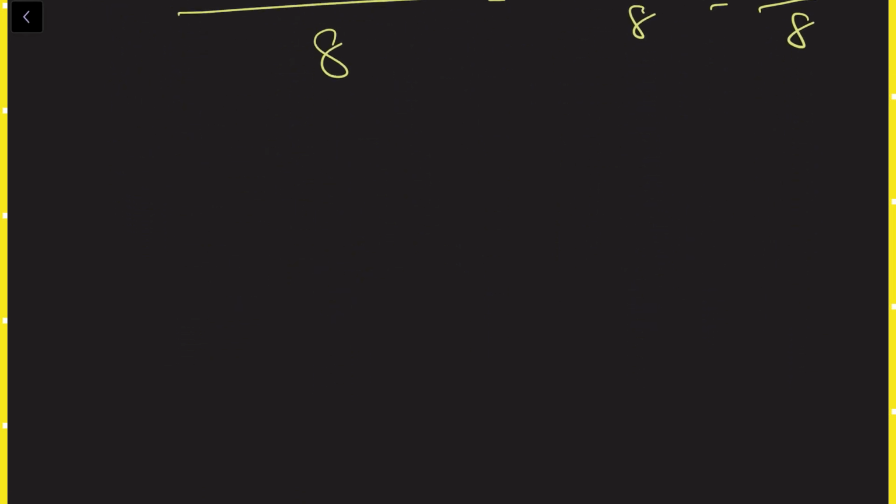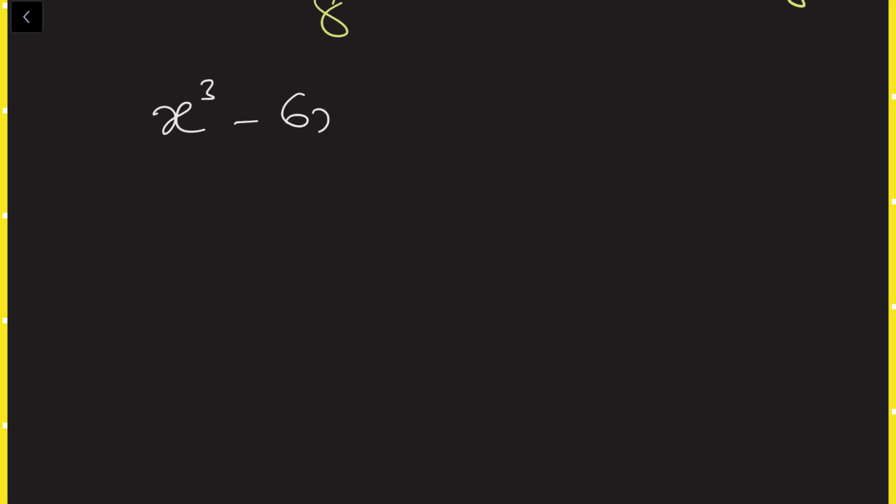Okay, I am writing the polynomial again. That is x cube minus 6x square plus 14x minus 3. Here power 3 is there, power 2 is there, power 1 is there, and the constant is there. Okay, that's it. It's in order only, correctly. This we need to divide by 1 minus 2x.